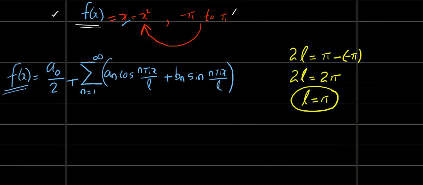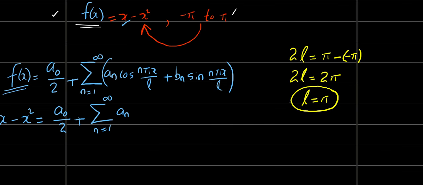What is f of x? x minus x square is equal to a0 by 2 plus sigma n equal to 1 to infinity